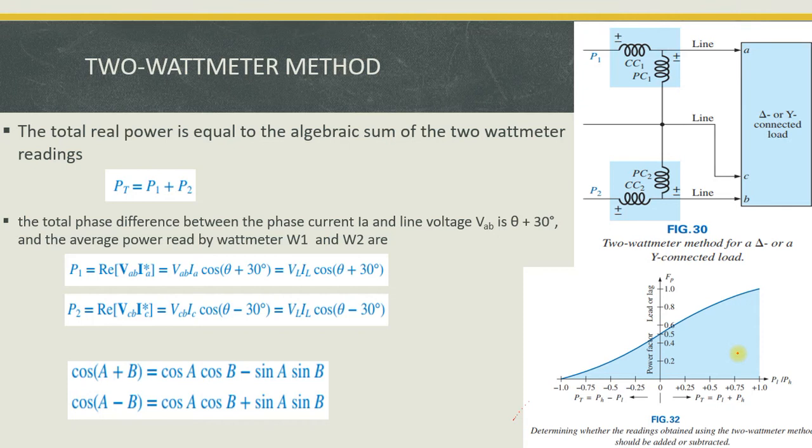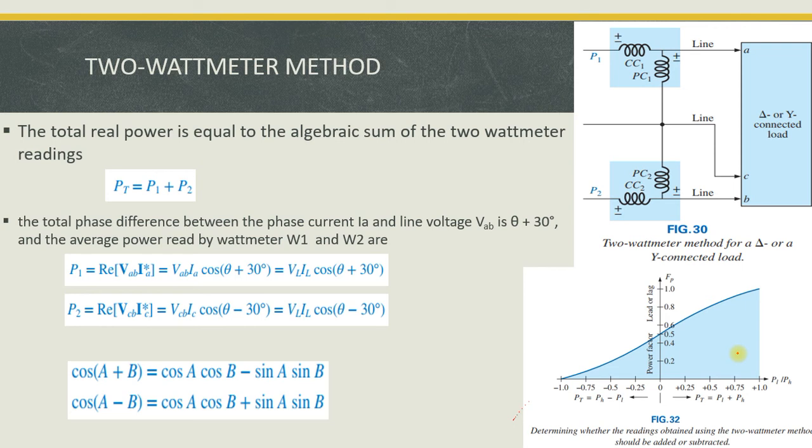In today's lecture, we are going to see about the 2 wattmeter method. Normally, for a three-phase system, the total power is equal to 3 times the per-phase power. So in order to find the total power consumed by a three-phase load, we need 3 wattmeters, one in each phase. That means for each phase we need 1 wattmeter, so that overall we need 3 wattmeters to determine the overall